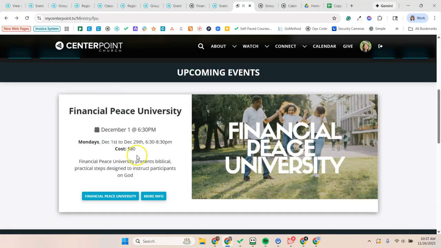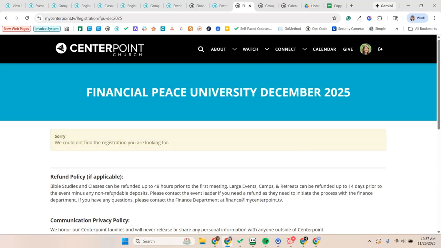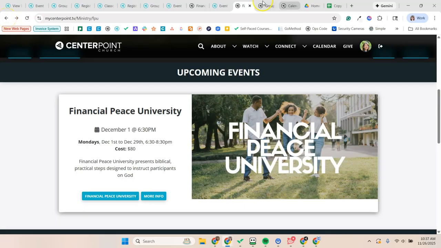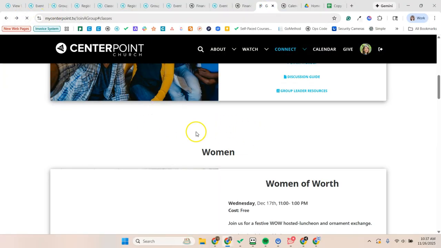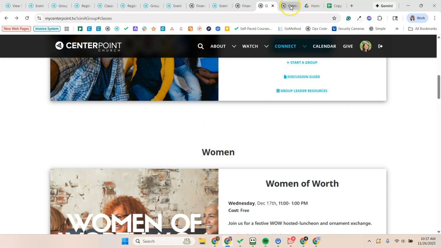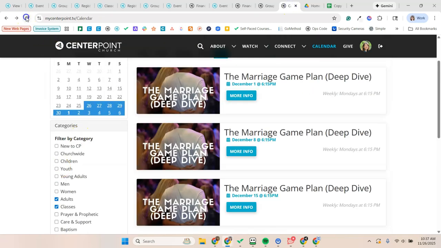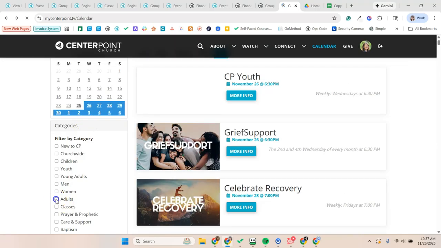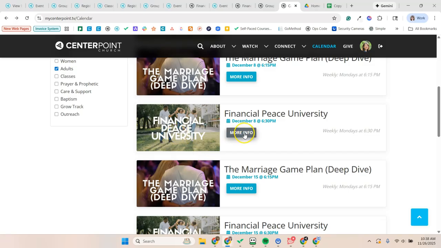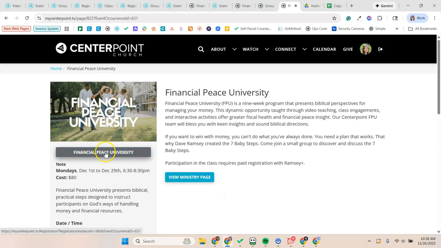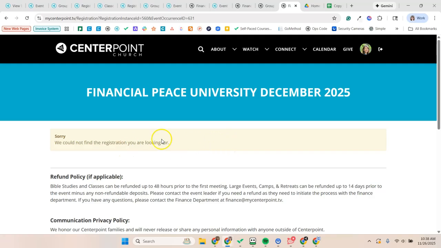I'm going to click back. The Financial Peace University button will take us to the registration, and the registration's not open. And so when I go to the groups and classes page and update that, you're not going to see it show up here yet because we don't have an active registration. And if we refresh this calendar page, you'll see the Financial Peace University, you'll see more info, you can get to the button, but the registration's not